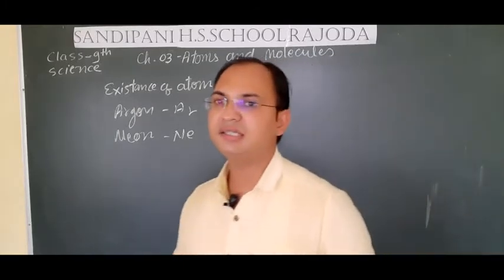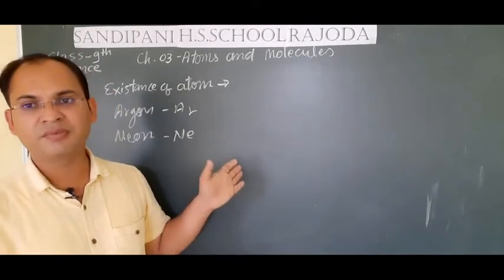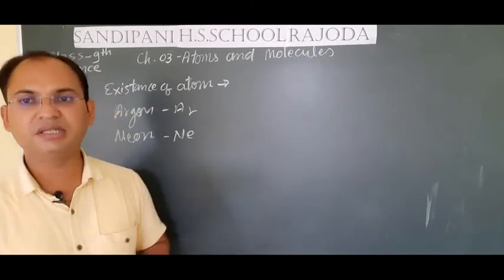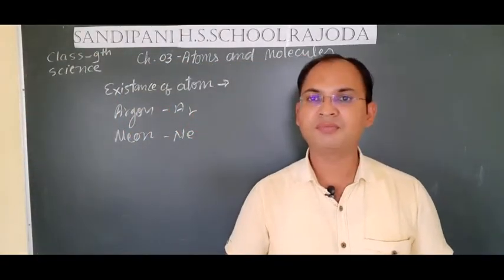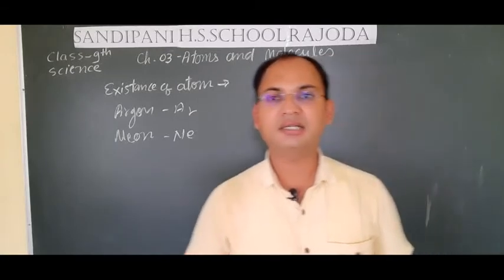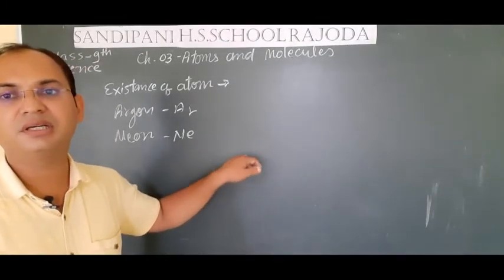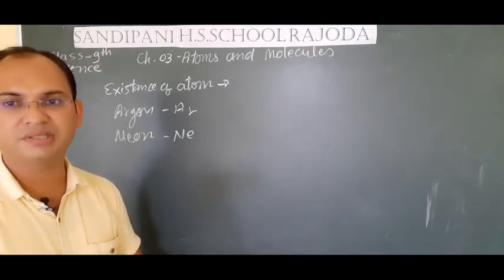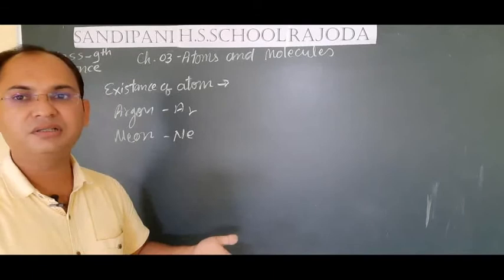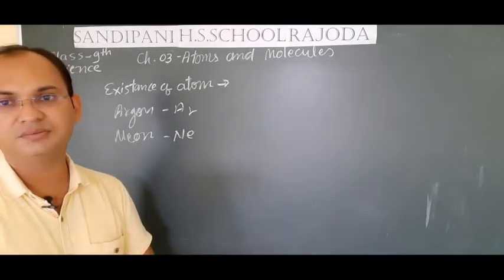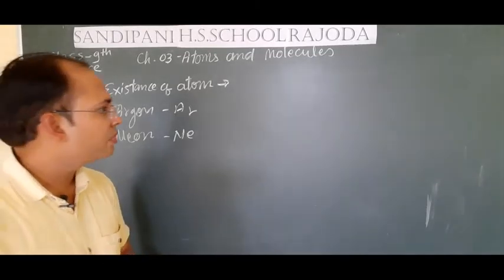The reason behind existence in monoatomic form is their inert nature. Inert nature means, students, they do not combine easily with other elements to form compounds. The reason behind their inactivity is that their electronic configuration is the most stable type of electronic configuration. That means their outermost shell is completely filled. All the 8 electrons are present in their outermost shell, but some